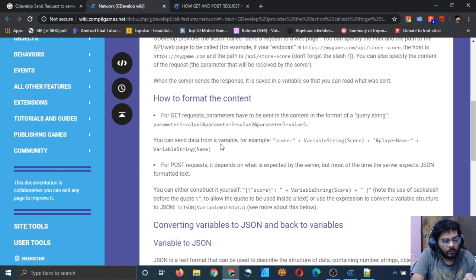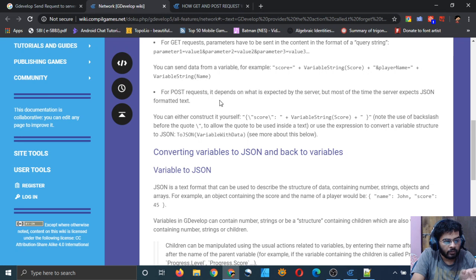You can send data from variable, but this is for a GET request. For a POST request, it depends on what is expected by the server, but most of the time the server expects JSON formatted. You can either construct it yourself. What's this? To allow the keyword to be used inside a text.